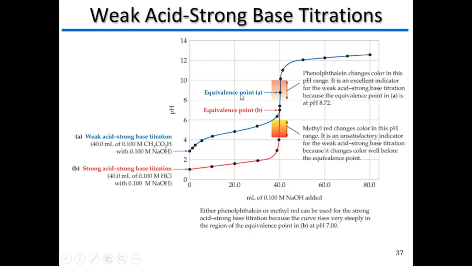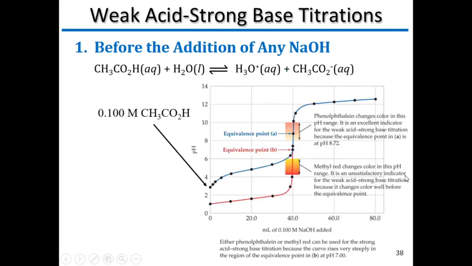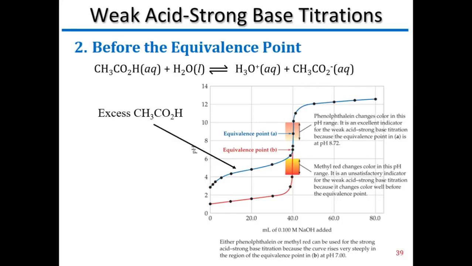Now we're still eventually going to plateau if we add enough of our base. Notice that the entire curve down here in this acidic region is just sort of shifted up. And we can break down these points too. Starting out in the solution, we only have our weak acid, so we have an acidic pH, just the same as we did before with a strong acid, but this time it's a little bit higher of a pH since we're dealing with a weak acid only. And as we start to add our OH minus, our base,